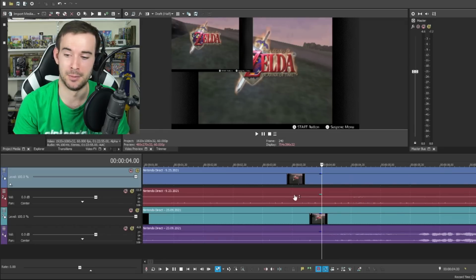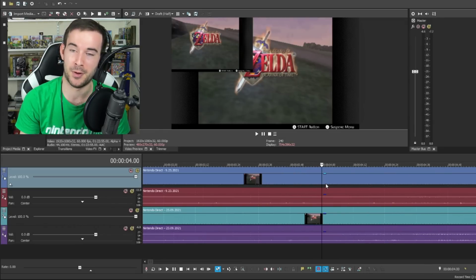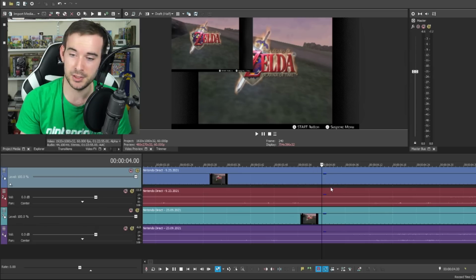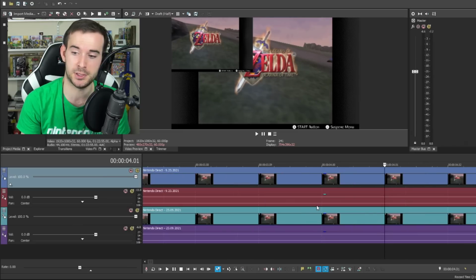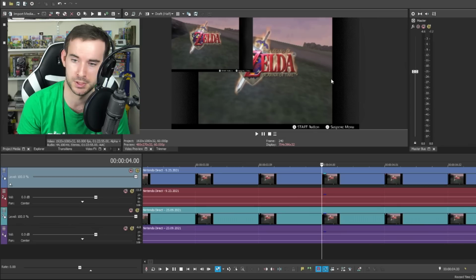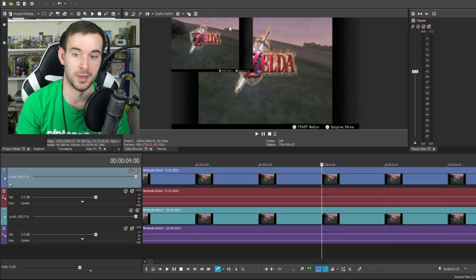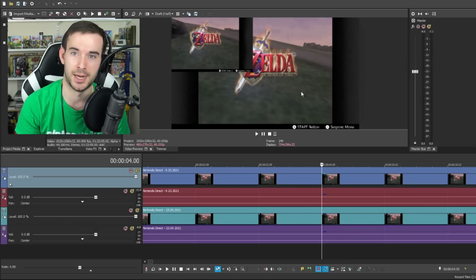Okay, so here we are in my editor, and the reason we're here is because it's very easy to demonstrate where it may possibly desync. So these two, by this frame right here, are in perfect sync, and I've synced them by the appearance of Epona's hoof. So on frame 241, there's a hoof here, and a hoof here. Frame 240, there is no hoof. And it's worth mentioning this small window here is the American stream, whereas this larger one is the UK stream.